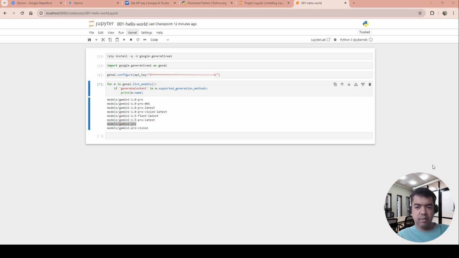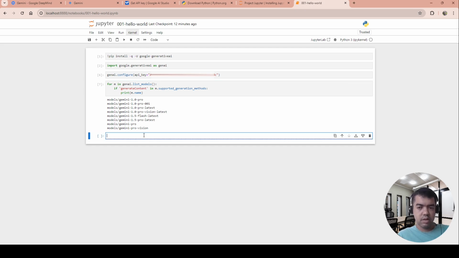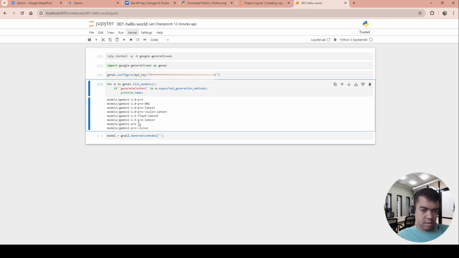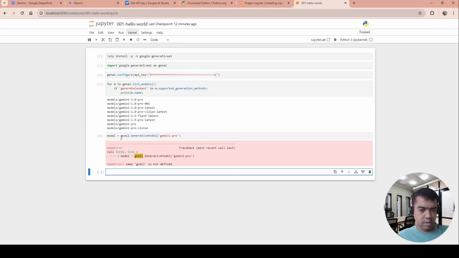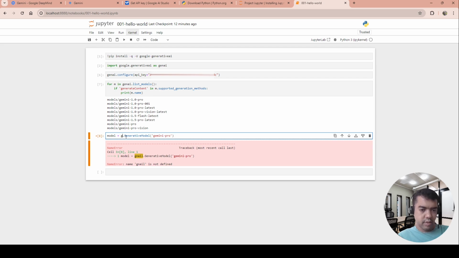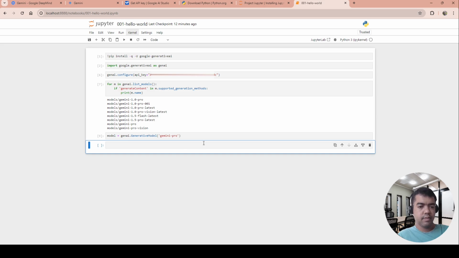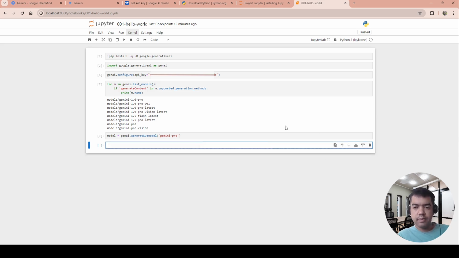Let's create a variable to use our model. Now let's get a simple response from Gemini.